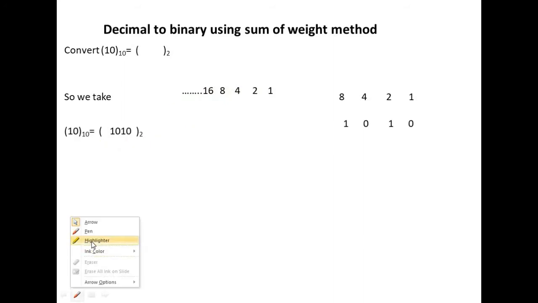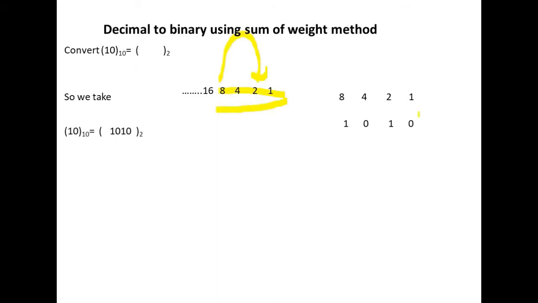Now come to the decimal number 10. Writing this number, how are we going to get 10? We see from these 3 we are getting 7. So we have to increase one weight, 8, 4, 2, 1 and here we see 8 and 2. It means for 10 we need 4 digits. So write these things separately, 1, 2, 4, 8 and then the 8 and 2 positions are required. So put 1 in place of 8 and 2 and the rest will be replaced by 0. So with the help of the 1, 2, 4, 8, 16 sum of weights method, we can write directly the binary equivalent of 10 as 1, 0, 1, 0.